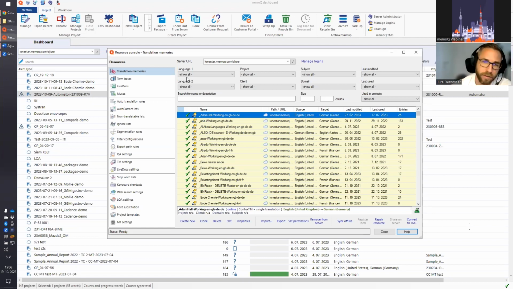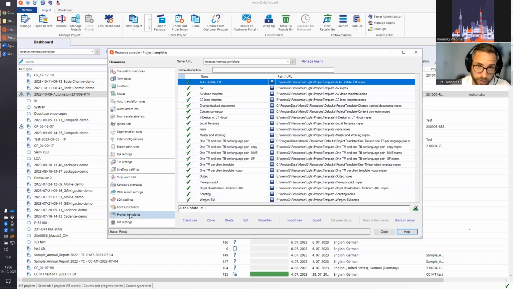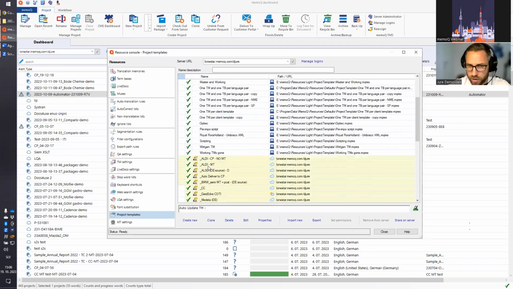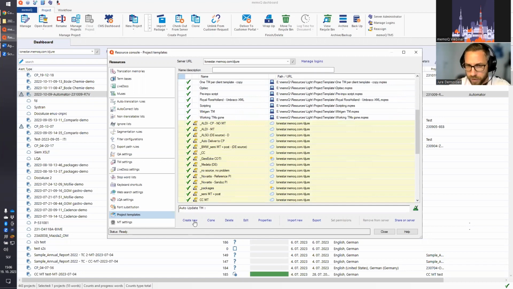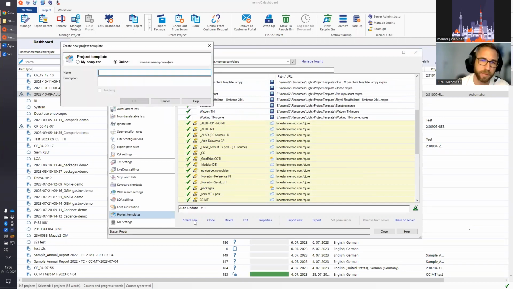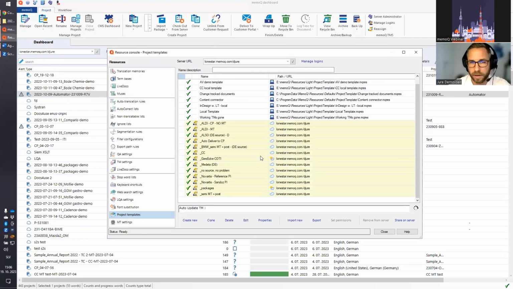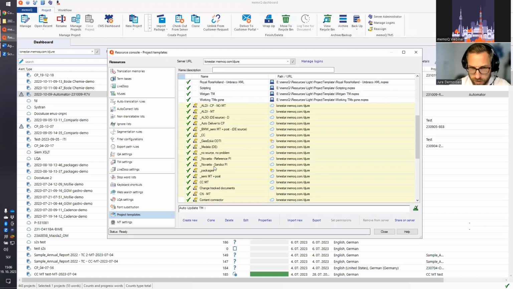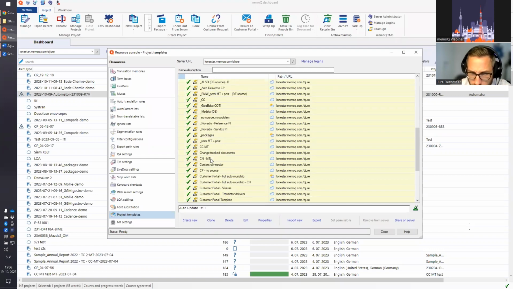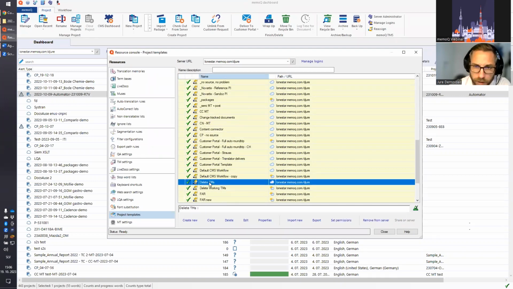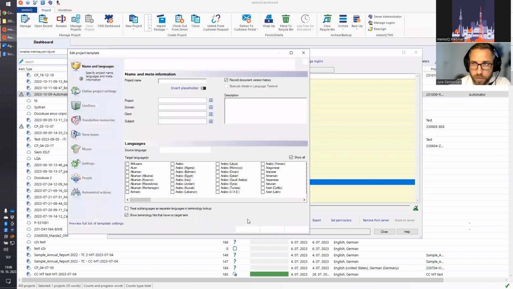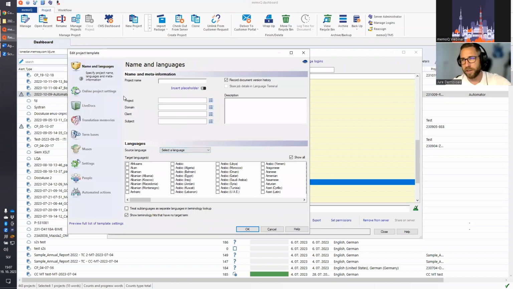and their goal was to delete them automatically. As you may know, or as you may have seen, we have here translation memories, and then we got here project templates. So if we go in and create one of the templates, let's say delete TMs. We will jump into the most complicated part,